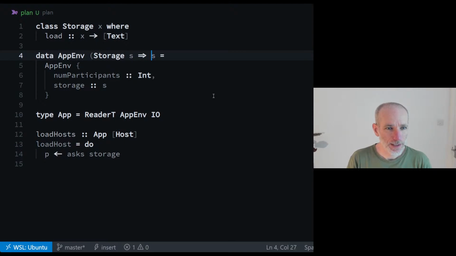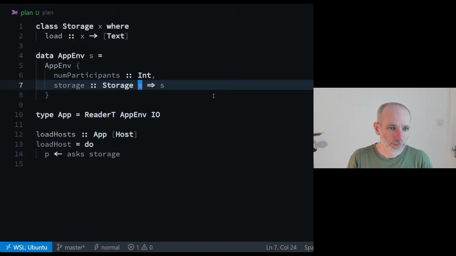Storage s would be like that, I think. That doesn't work. You can't do that. And then I try to constrain it here, which again doesn't work. You can't put this constraint inside here. When I try to put the constraint here, or when I try to do an extensional qualification, so say for all s, storage s,